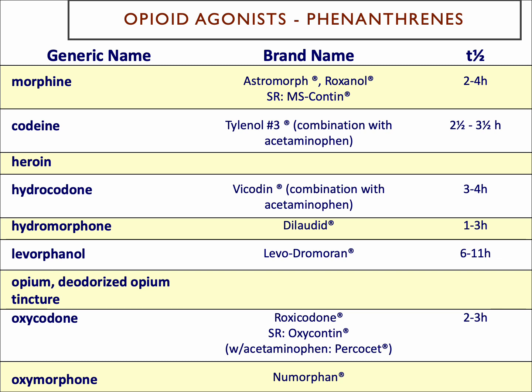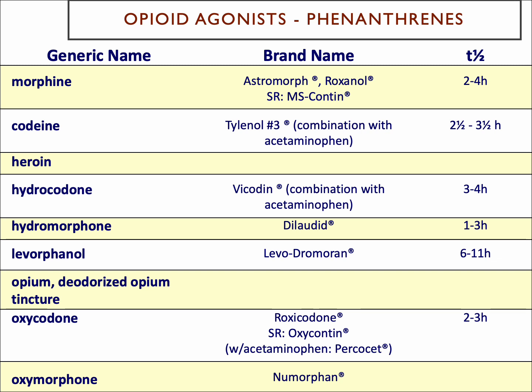Heroin is not a legitimately accepted medicine for use in the United States. Historically, heroin used to be used in hospice patients in the United Kingdom. I don't think that's even in place anymore. Hydrocodone is a commonly used agent, hydromorphone as well. And the other agent on here that's commonly used is, of course, oxycodone near the bottom, available as short and long-acting preparations. So of these agents, you'll see probably four most commonly used in acute or